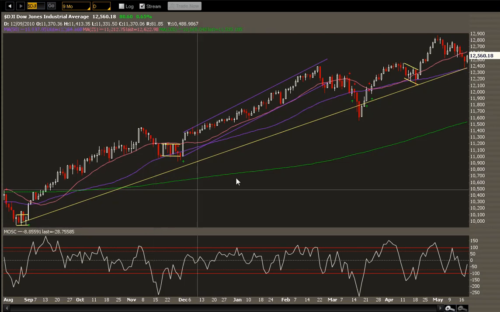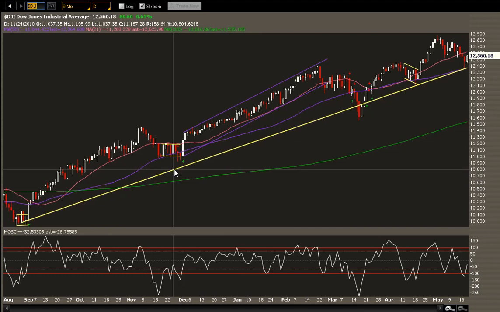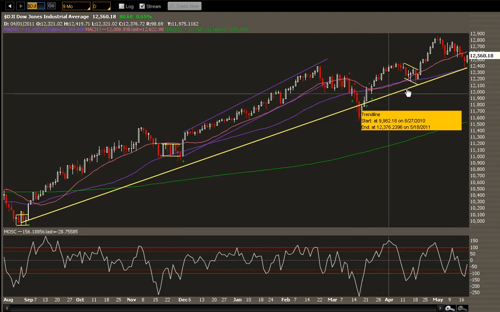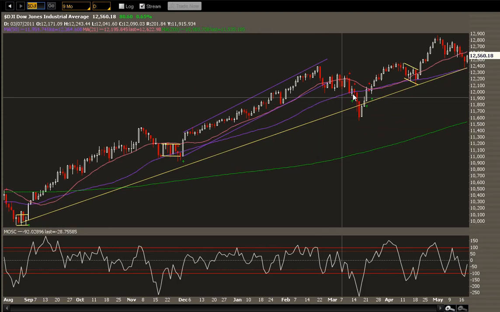As you can see, this is a trend line I have drawn from the lows in August of 2010, and if I put my cursor on this trend line, you can see it. I find it interesting that the trend line is very much intact, and the market has been moving on this trend line and above. This is the 50-day moving average, which is also climbing, and this trend has been there since August of